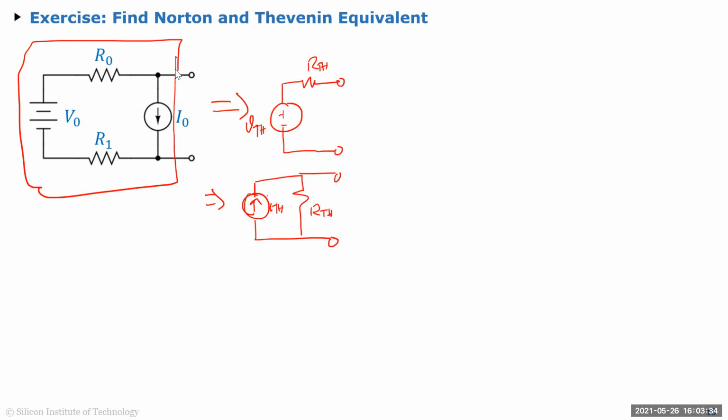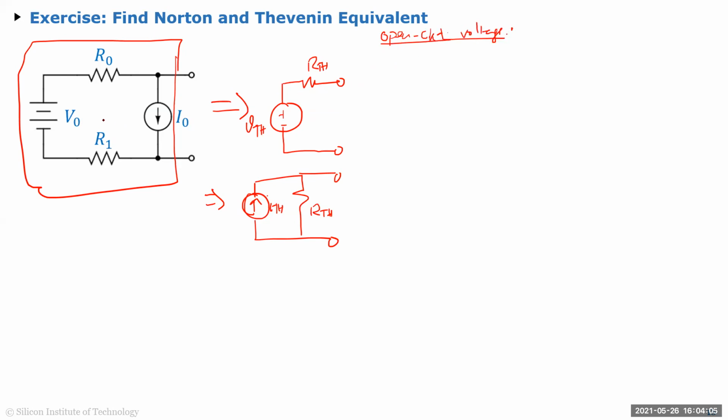Okay, a lot of answers. Good. A lot of people trying. Looks like everyone does the RTH first. Yeah, I think everyone got the RTH right. So, all right, let's do Thevenin's first. So how do we find VTH? What is the method? That's the open circuit voltage, right? So open circuit